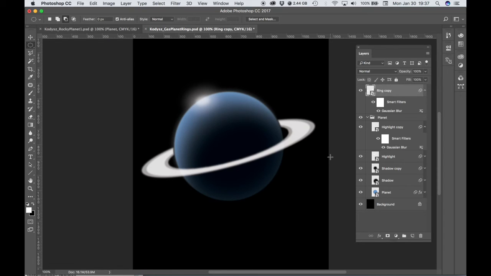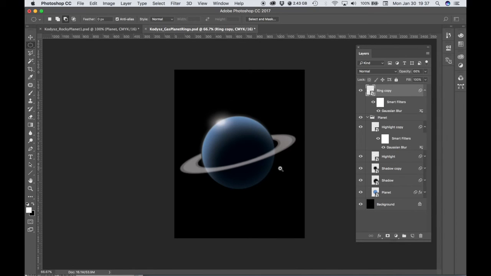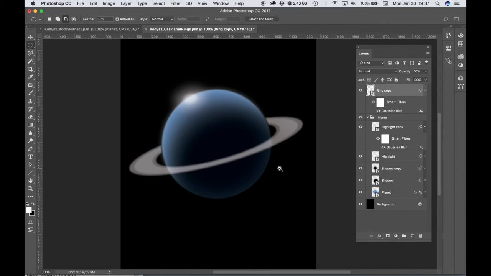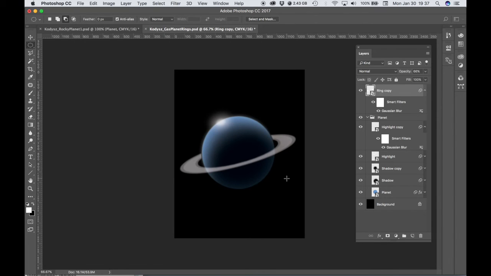This is just a simple way to create rings that look sort of realistic. And I'll play with the opacity a little bit. All right, so we have our first gas planet with rings. You only need to have one of these, but you can certainly have more if you would like. Let's go ahead and do